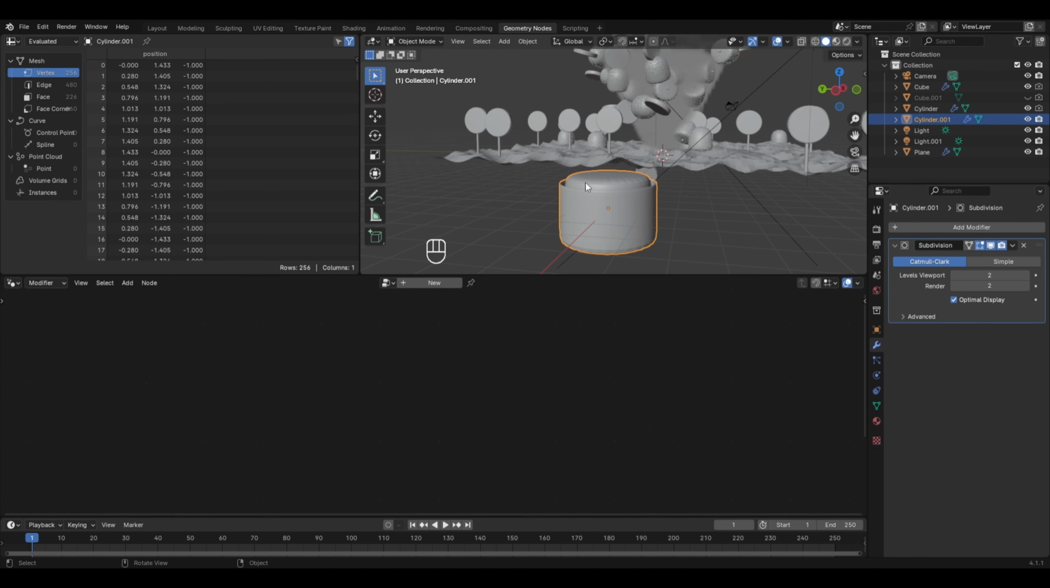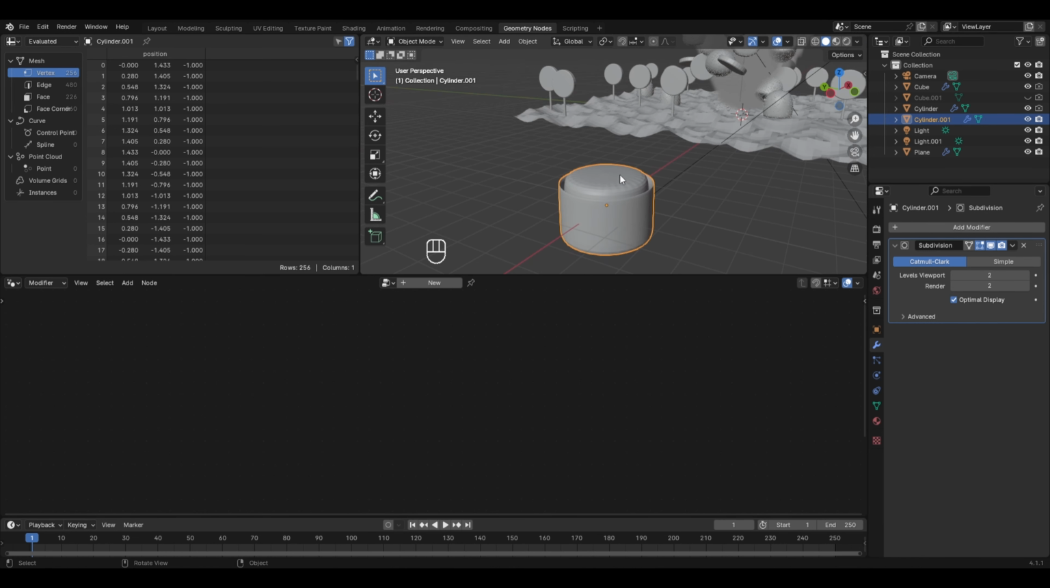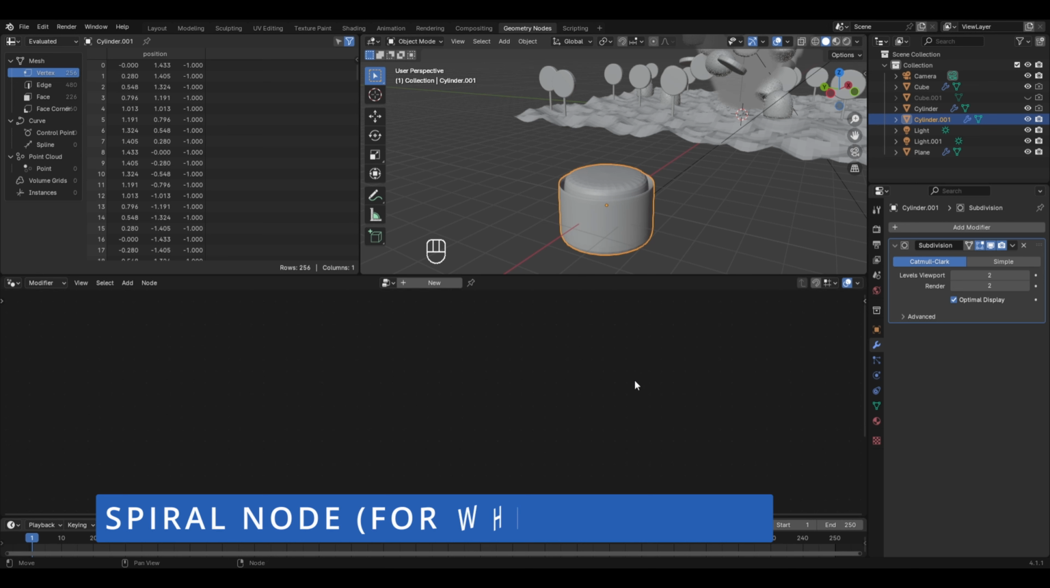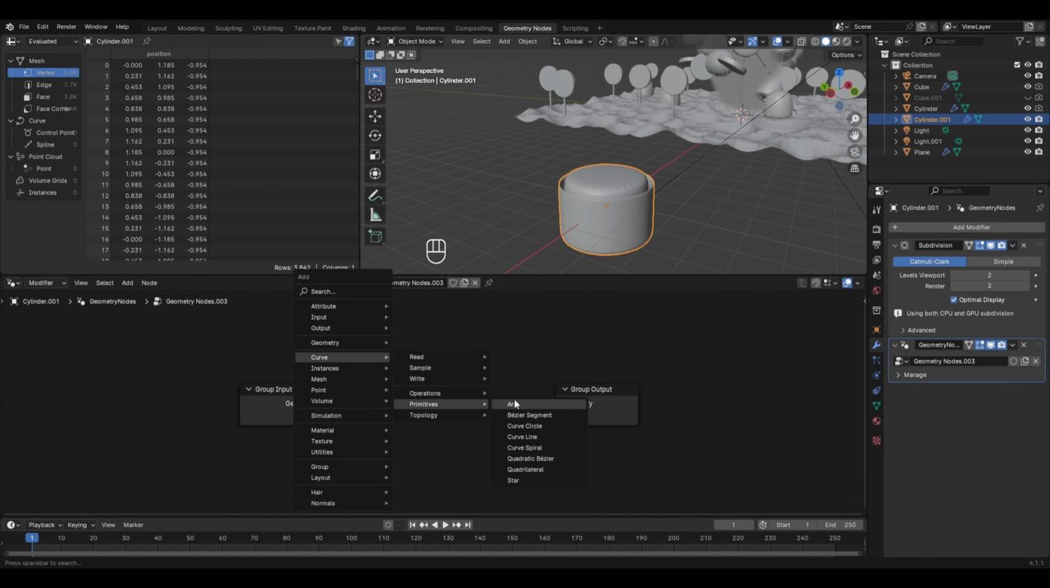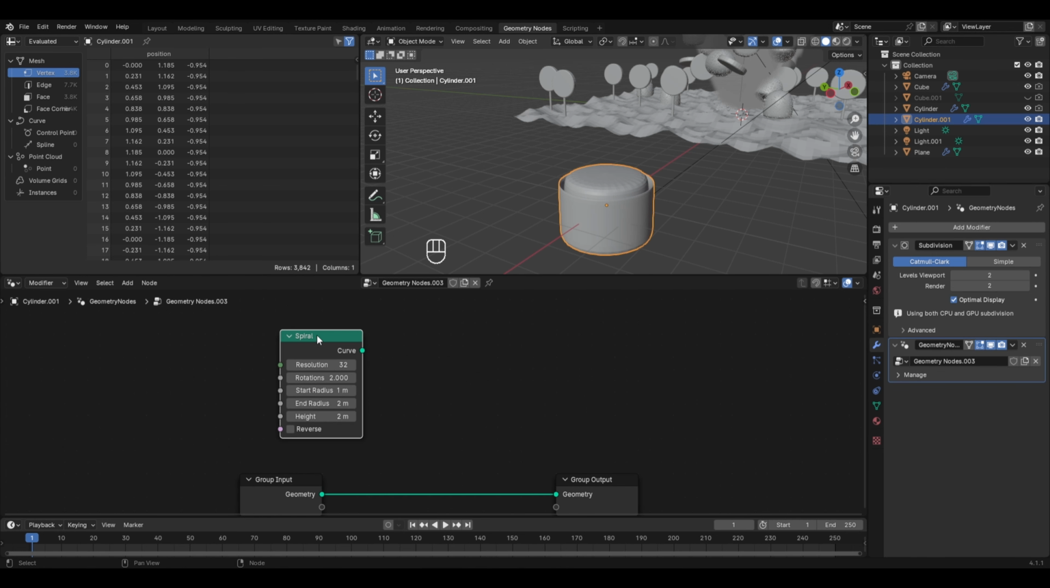Now let's also add some whipped cream at the top, and for this we'll be using the spiral node in the geometry nodes editor. So click on the new button. Press Shift plus A, go to curve, and in primitives select the curve spiral node. Let's place it over here, and to view the spiral in the scene, hold Ctrl, Shift and left click